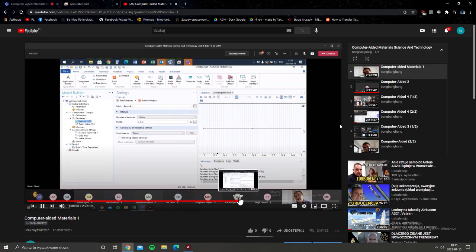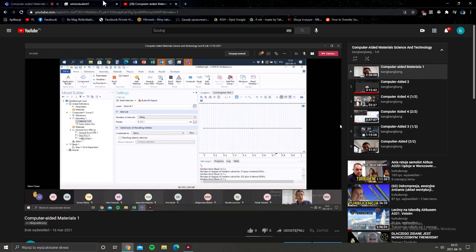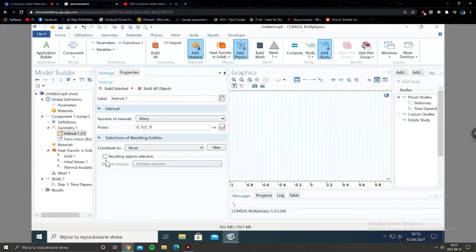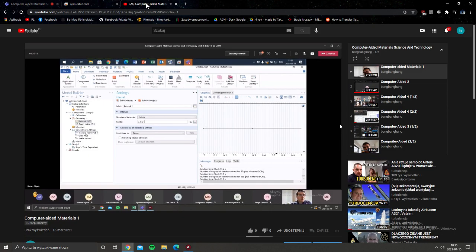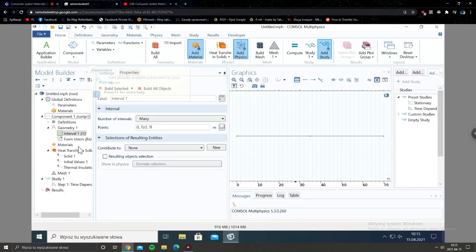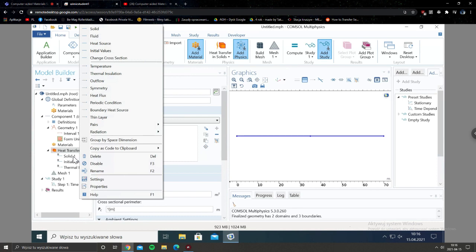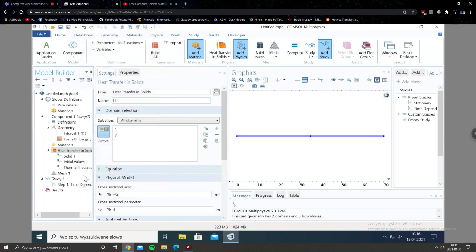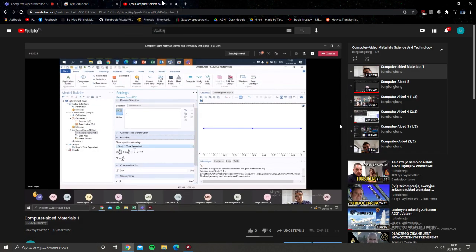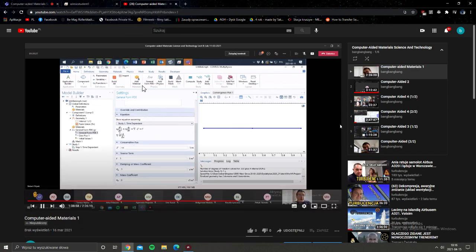And the total thickness of the sample is of course L. The next step will be to provide information about the constitutive equations. So let us choose general form PDE. And you can see in the settings window, we have equation. When we click to equation, you can see what is the